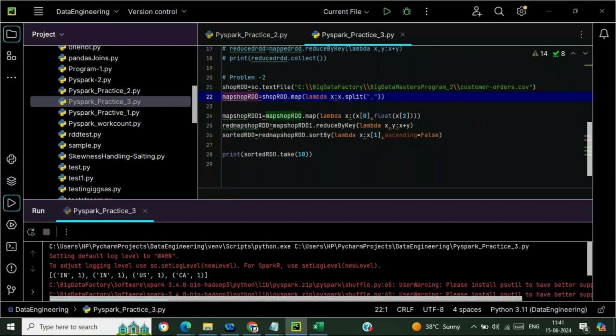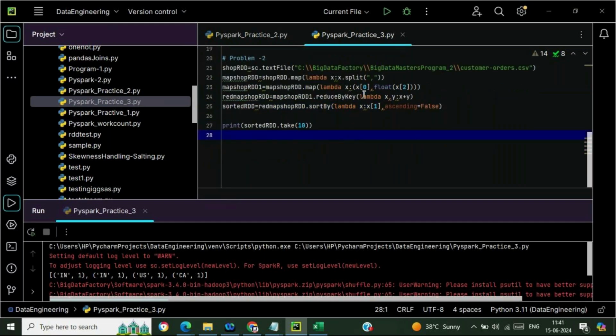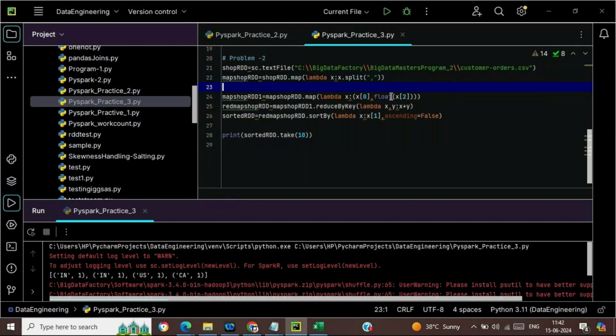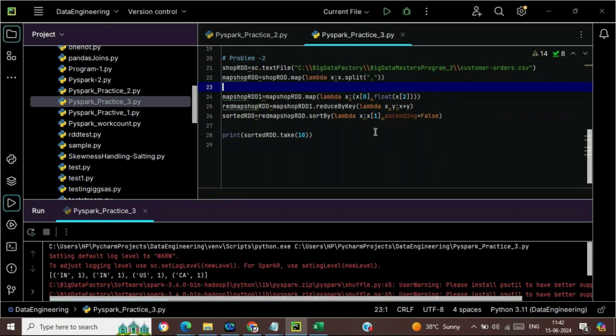Then he mapped starting from index 0 and the third index, which is 2, as a float value. Then he used the reduceByKey function on the amount, on the price, adding that, and then he's sorting the value based upon the product IDs.